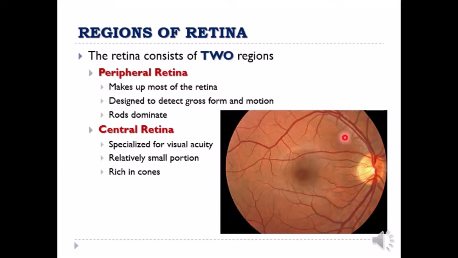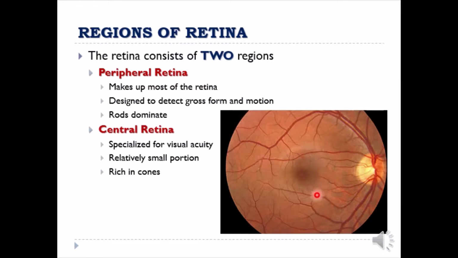And it is designed to detect gross form and motion, as I already mentioned. Your peripheral retina helps you to see the movement of objects. Gross form is nothing but when you look at a particular point, say your friend's eyes or face, the face is very clear, but the surrounding areas are not very sharp, isn't it? So